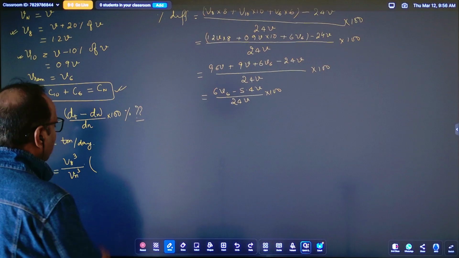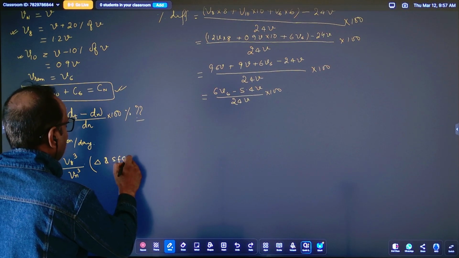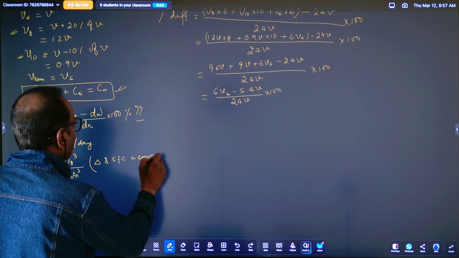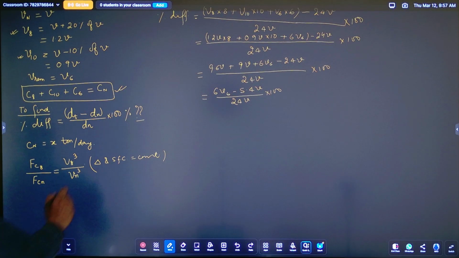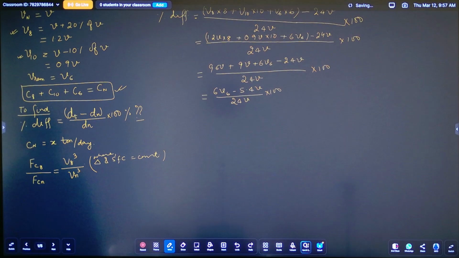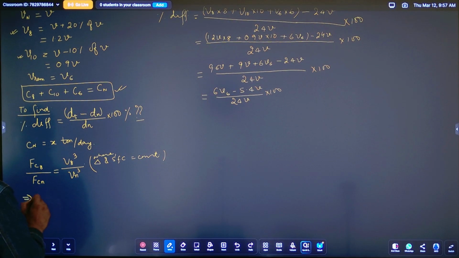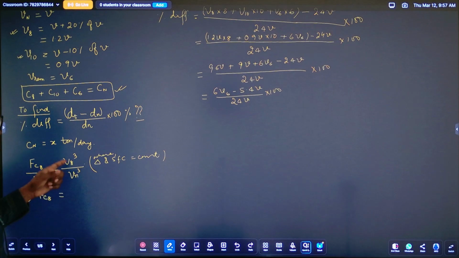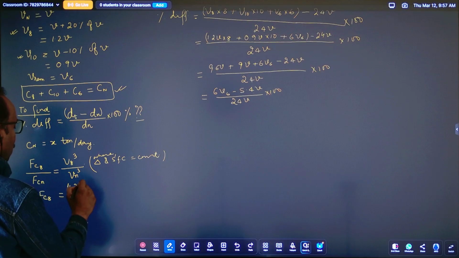In bracket you can write delta and specific fuel consumption constant, where delta and SFC is equal to constant. V8 is how much? 1.2 cube into V cube